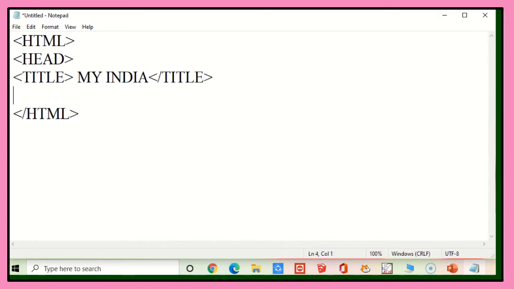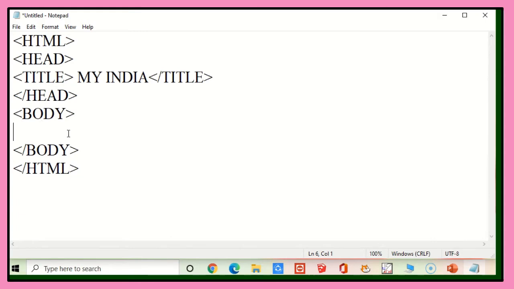Now we have to close this head tag because it is a container tag. /head. Now here comes the main part of the HTML document, that is the body part. Since body tag is the container tag, you have to give the ending tag. We can also call the ending tag as a closing tag, children. So inside this body part, you can give the main content. You can give your paragraph, text, link, table. So you can decide how your web page should be.